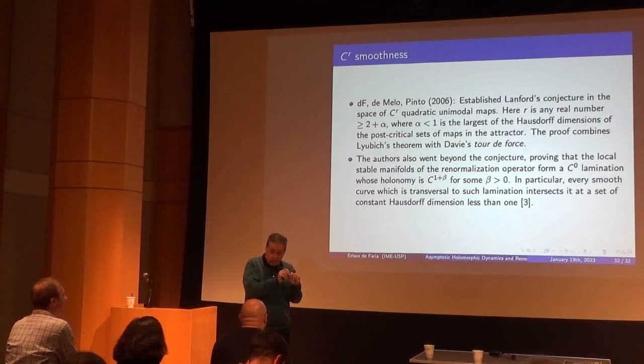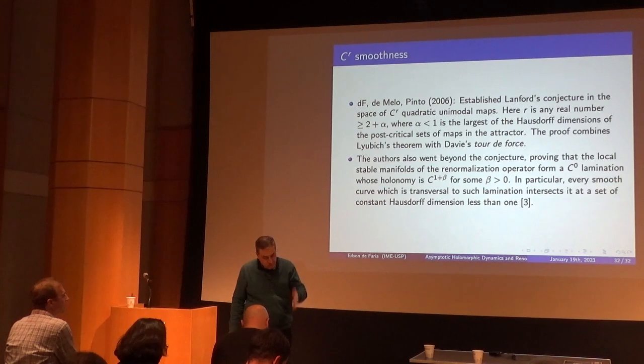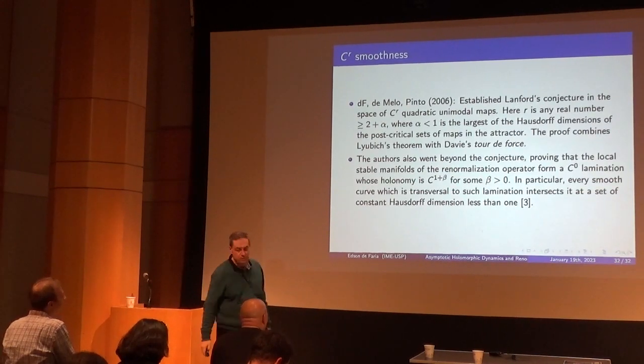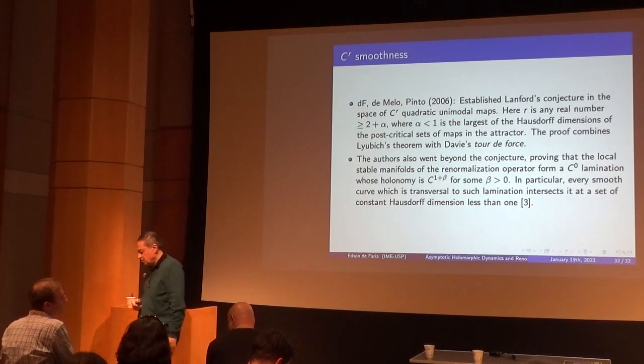The points that you get there are precisely the maps which are infinitely renormalizable, and this Cantor set has a universal Hausdorff dimension. You can show that the holonomy of the lamination is C^(1+beta) for some beta. Anyway, it's kind of messy,